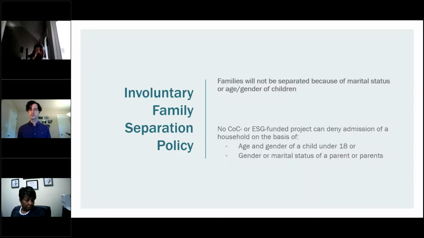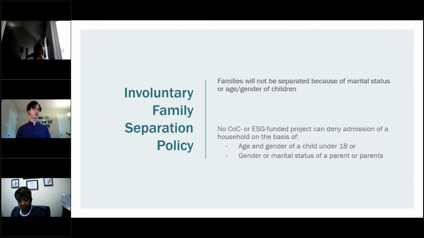This rule in the anti-discrimination policy prohibits shelters from denying entry to families with older male children, making families choose to stay or not based on having an older male child. This rule also protects against family shelters denying entry to single men with children or unmarried couples with children. So again,